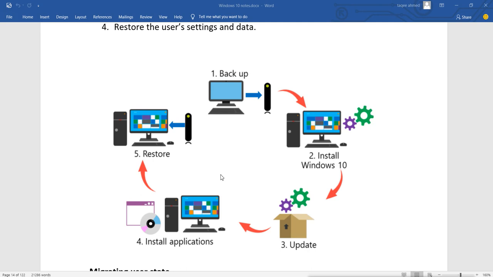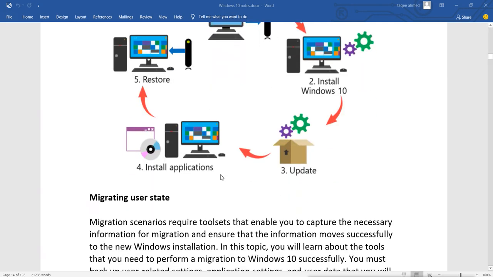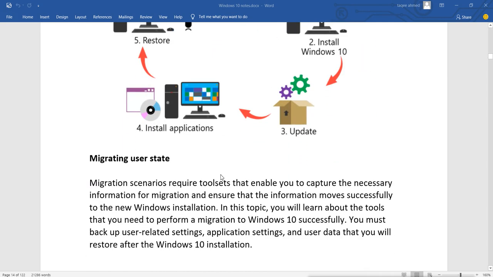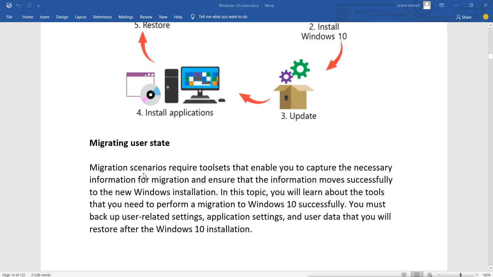Now for taking the user settings backup, we can use the user state migration tool. This migration scenario requires tool sets that enable you to capture the necessary information for migration and ensure that the information moves successfully to the new Windows installation.